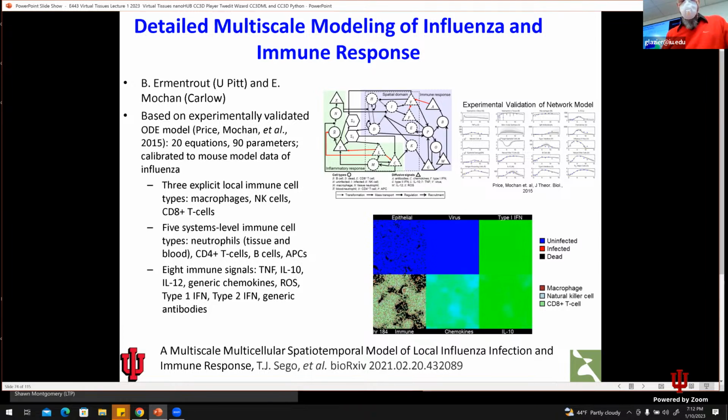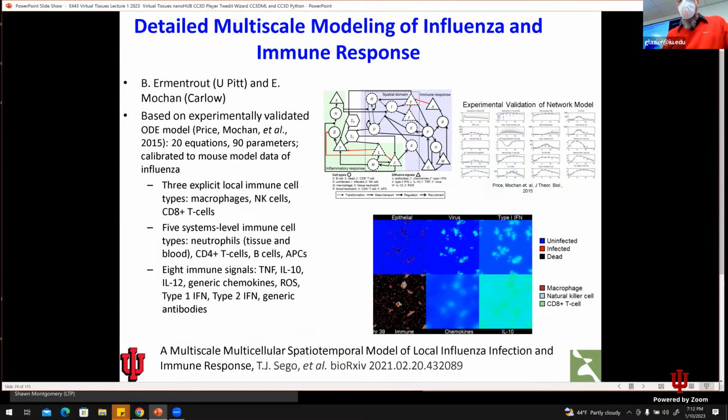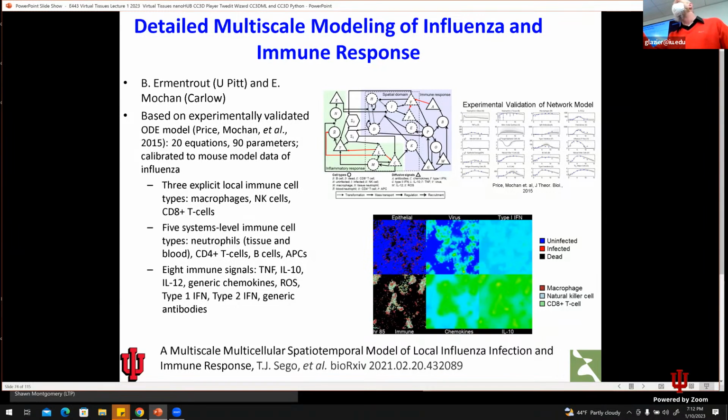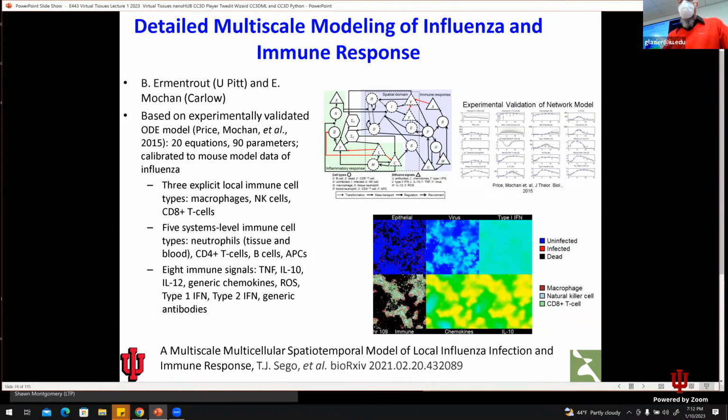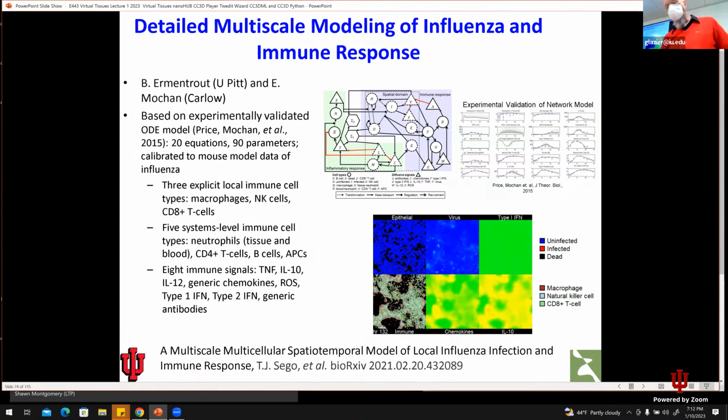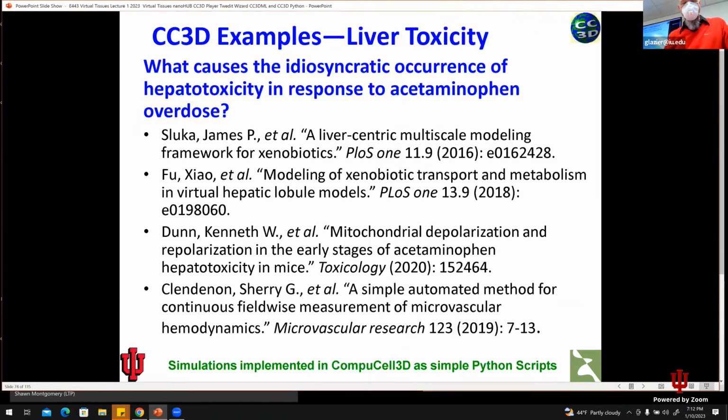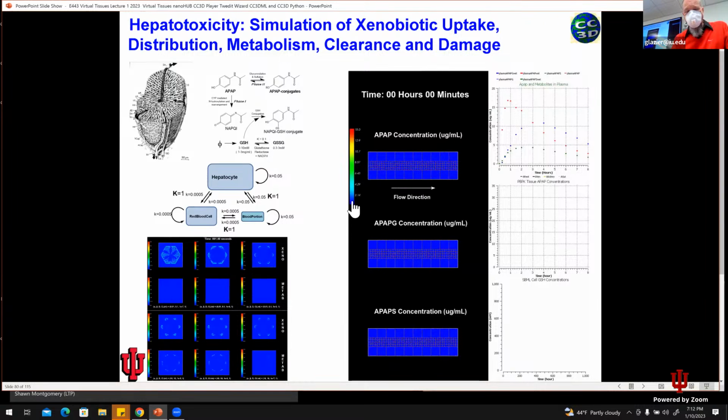And so this was a quite detailed simulation of that, which is pretty realistic in terms, not the geometry, because the lungs, of course, the physical architecture of the lungs is tubes and sacs. And here we've sort of unrolled things to be flat, but the molecular species and the cell types are pretty realistic. We've worked a lot over the years in liver toxicity. This is an area that Maria Bondasson is particularly interested in. Here is a simulation of what happens in your liver when you